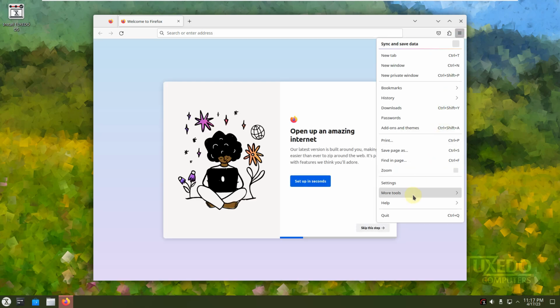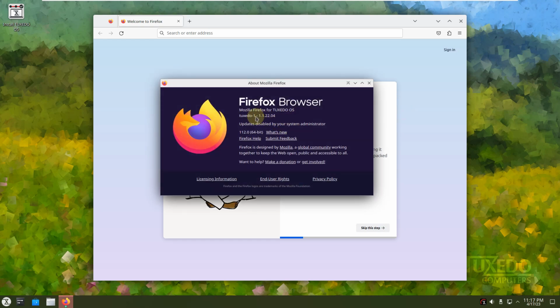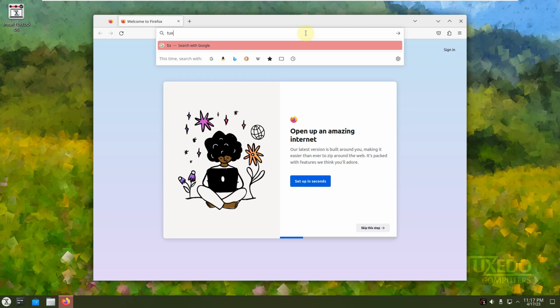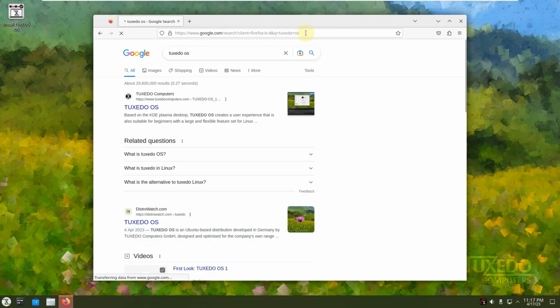So the version of Firefox should be 111, I guess. Yes, the latest version is 111.2. This is the latest version of Firefox, and it's a TUXEDO one. So let's type in the search term, which is TUXEDO OS. Just that's it. And here is the official website of TUXEDO Computers, TUXEDO OS. Click on the first link